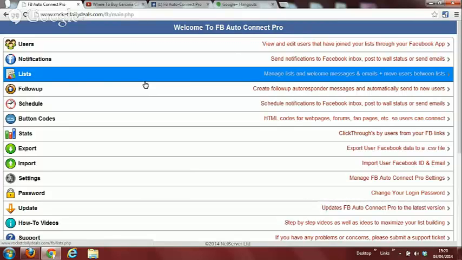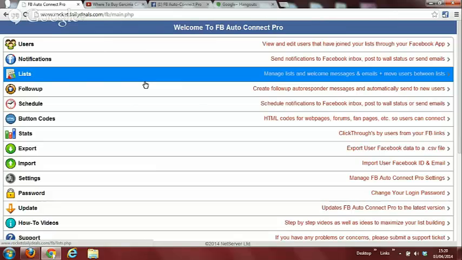So what I'd like to do now is just go through what the software does, how you can use it to build your mailing list, and I know that James is going to jump in and ask a few questions as we're going along. So just to let you know, with this software,